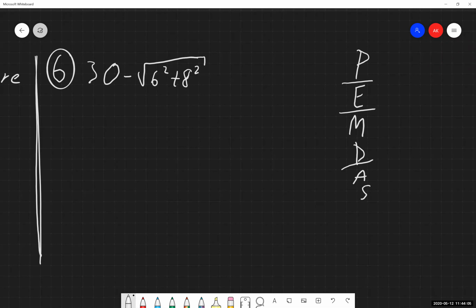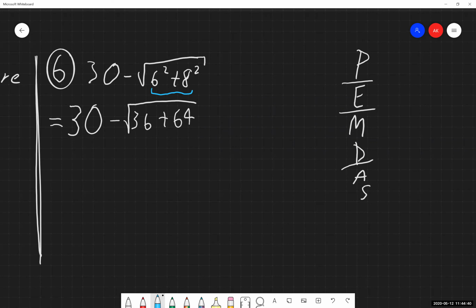So based on the notes that we have, we are working with everything inside the radical, meaning our radicand, first, to simplify everything down. We treat that as though it's a part of the parentheses step. So I'm only looking inside here. And inside the radicand, I have exponents. I have 6 squared and I have 8 squared. So 6 squared is going to give me 36. 8 squared is going to give me, what's that, 64? And again, I can still simplify this radicand further, so I still have to do that.